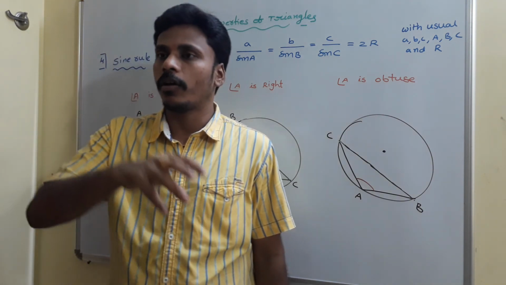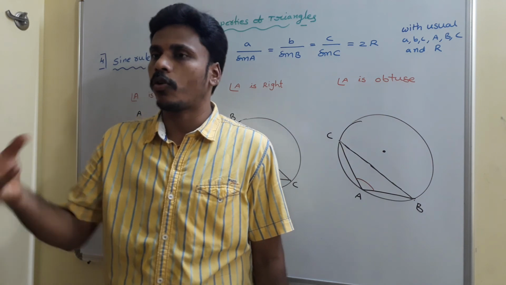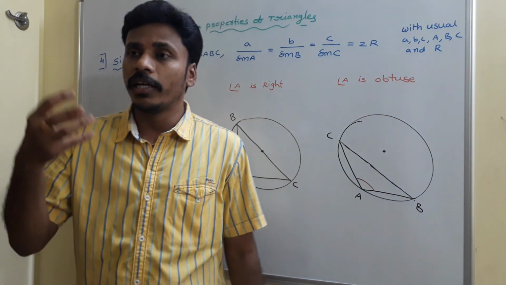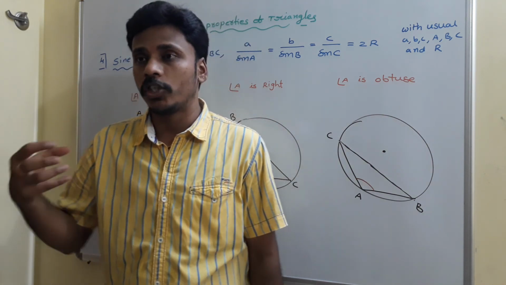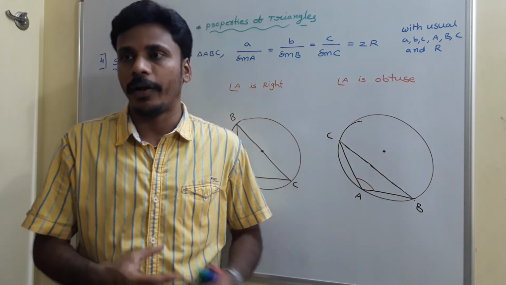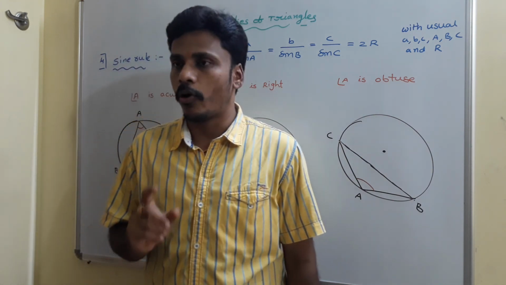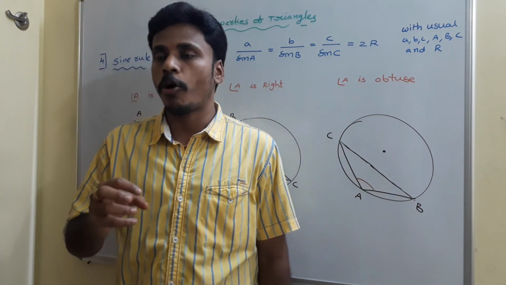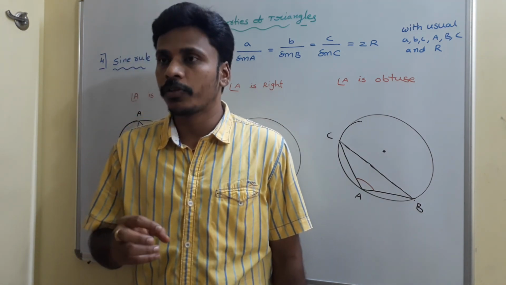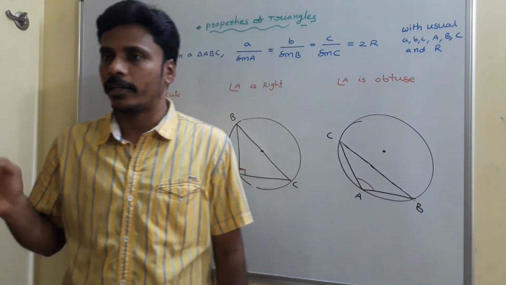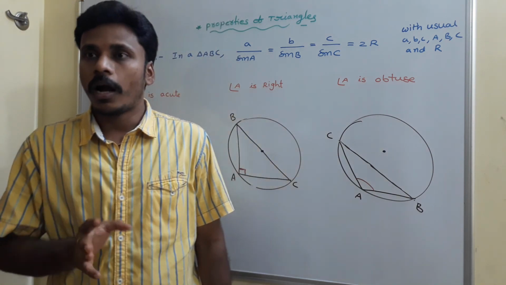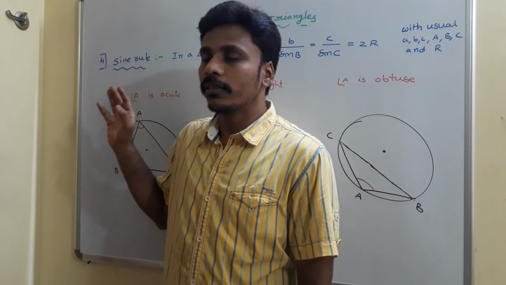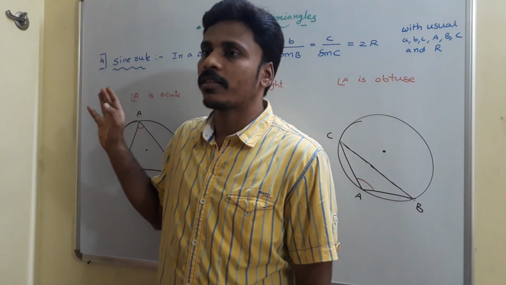To learn the different rules and formulas of the properties of triangles, we need some prerequisites from plane geometry as well as from trigonometry. In the second and third points, I mentioned some plane geometrical ideas as well as trigonometric ideas which help us to enter into properties of triangles. There ends that part. And now in today's class, we are starting the properties of triangles with sine rule.